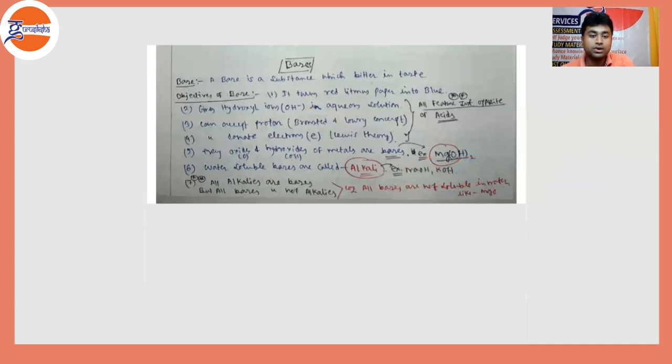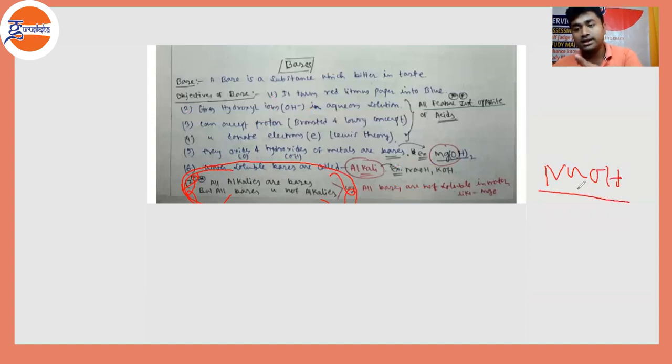Okay, so the last but not the least important objective of a base is very important: all alkalis are bases, but all bases are not alkalis. This is a very important question. In physics, all alkalis are bases, but all bases are not alkalis. Definitely. Suppose NaOH,